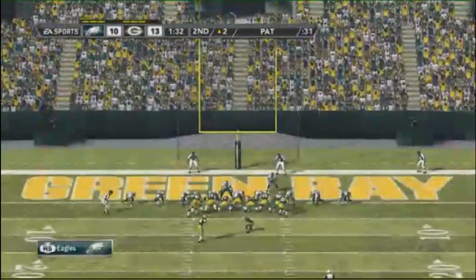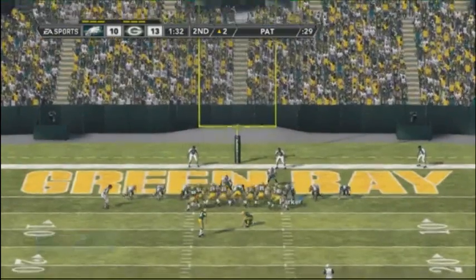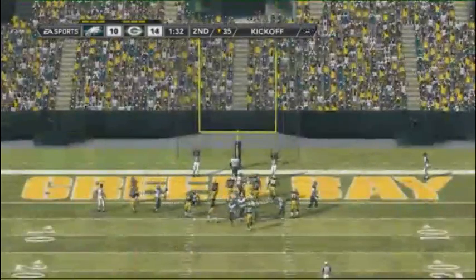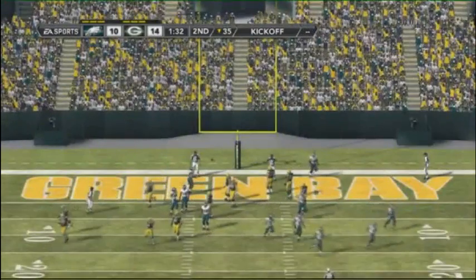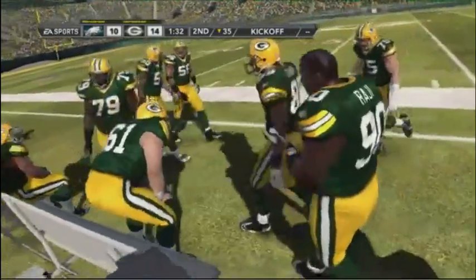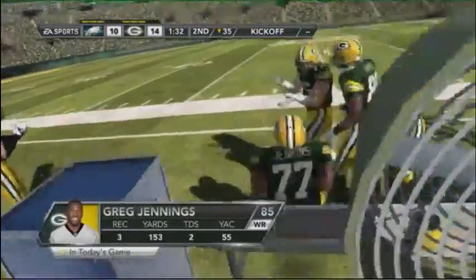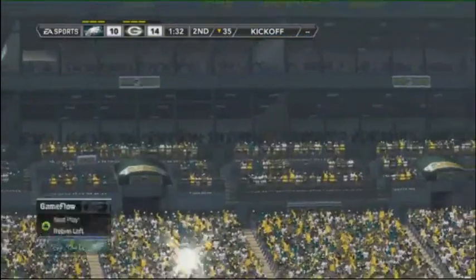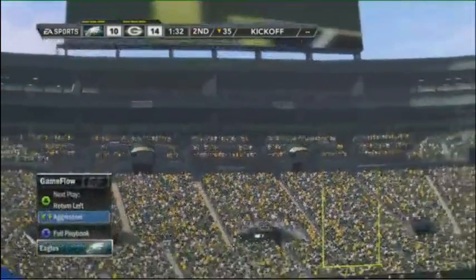Okay, we've got another question. While we're on the screen, a brand new broadcast angle here for the kicking game. Each of these cameras for field goals and for extra points is positioned exactly where it is in the real life stadium. So that's where the camera is for extra points in the Green Bay Stadium, for example. And the same thing with the kickoffs and stuff like that. Absolutely. It's very cool.